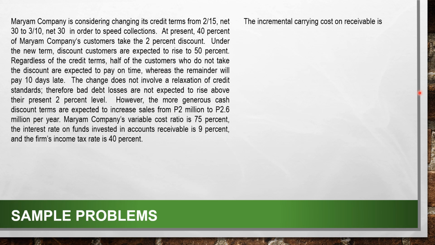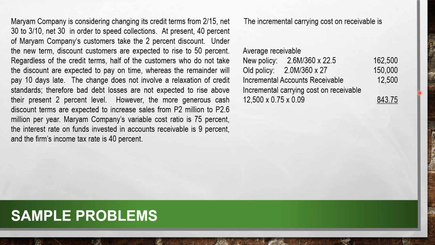Okay, so second question, the same problem. What is the incremental carrying cost on receivable? The incremental, we are looking here at the increase, the change in carrying our receivable. Okay, so we need to compute our average receivable. Under the new policy, our sales will be 2.6 million, divided by 360 times the new DSO, 22.5. So we have an average receivable balance of